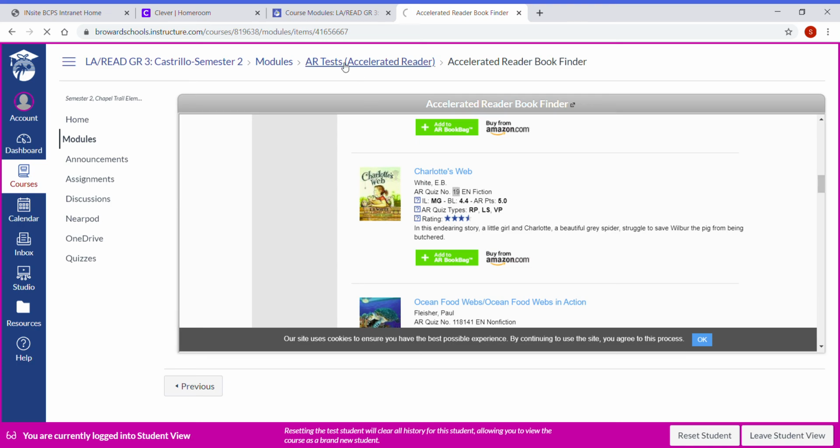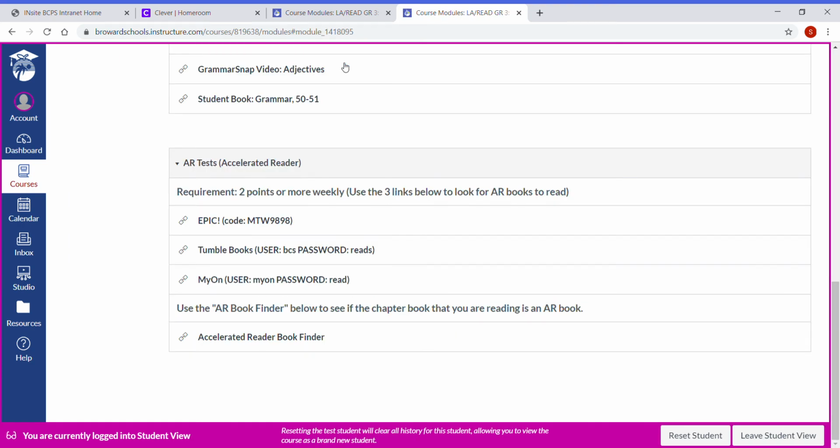So I'm going to go back to the module. This just tells you, the one I went on was Myon, and I checked if any book is an AR book, because you can use this Accelerated Reader. Another one that we use is Tumblebooks. Tumblebooks is another free library online,